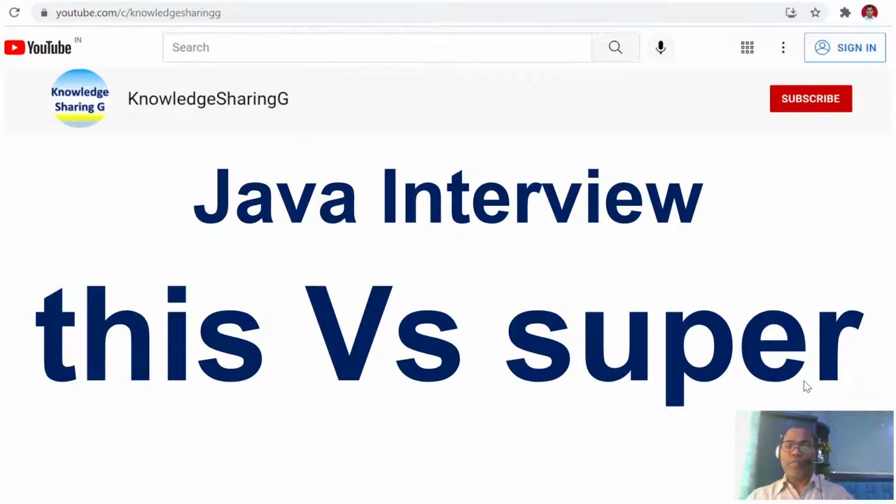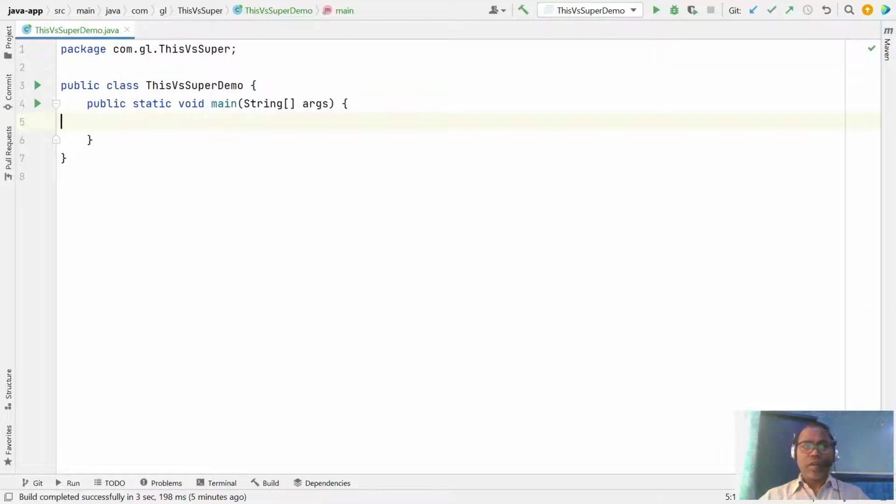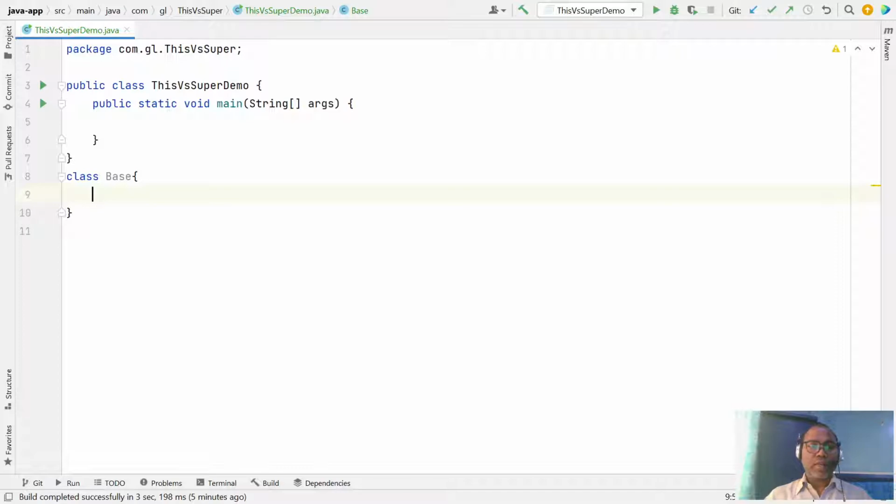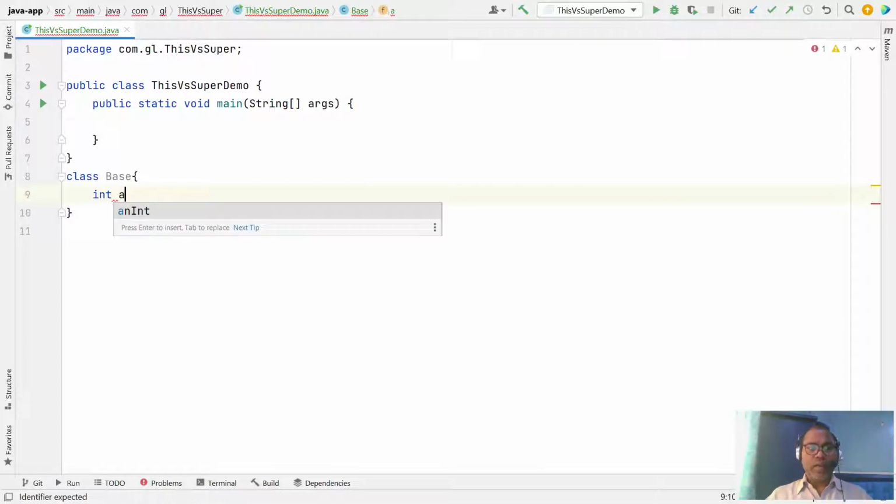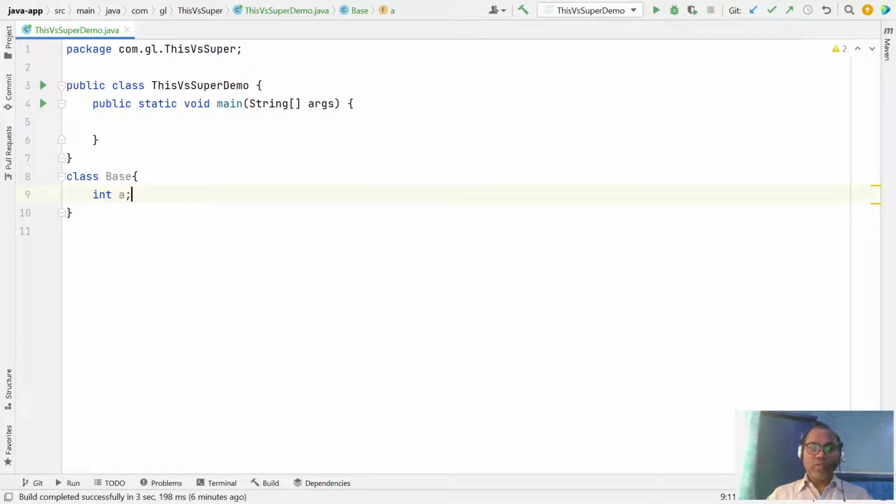Let us look at an example. Let us say we have a base class, and we declare one variable a. If you want to use this variable, you can use it inside a constructor or inside a method.